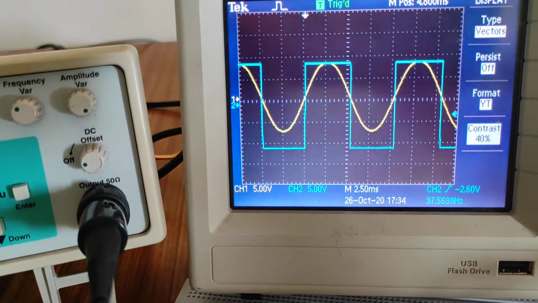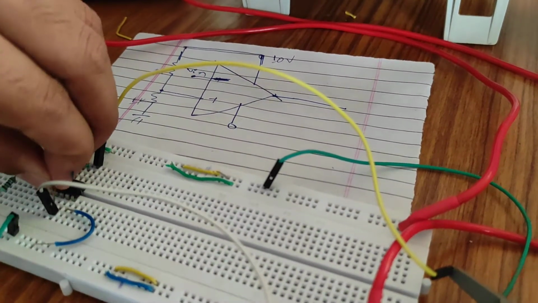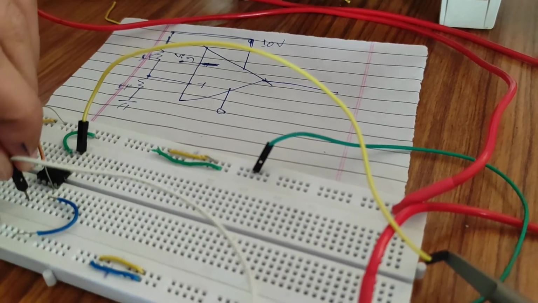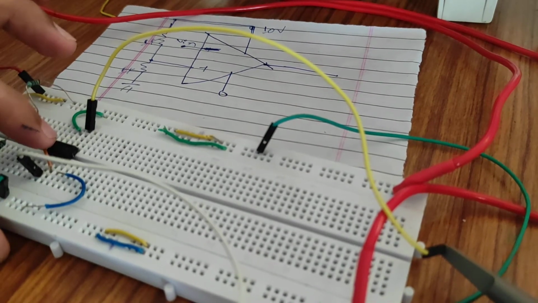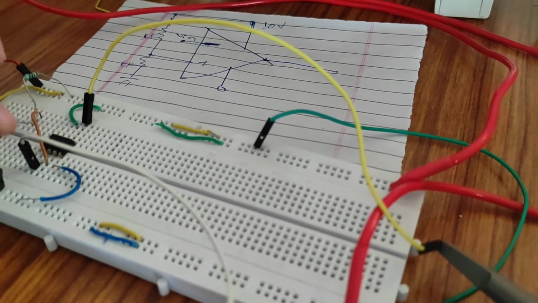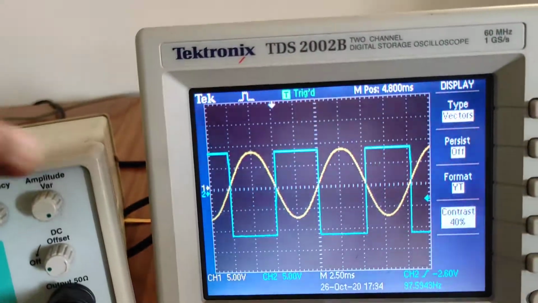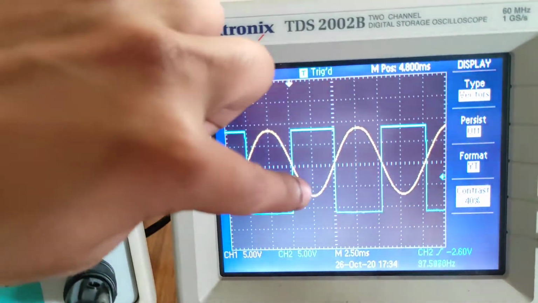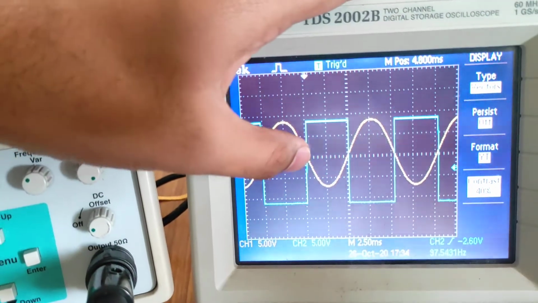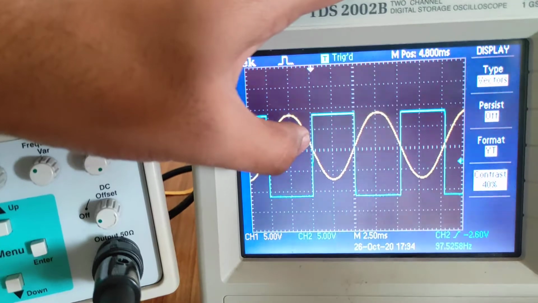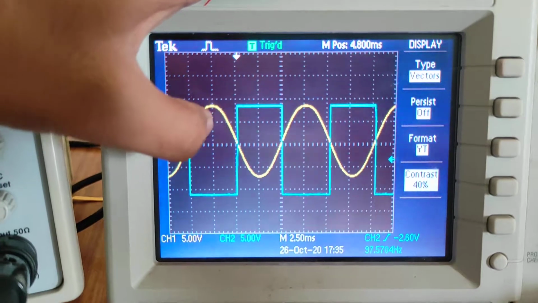Now, if I change the supply and connect this point here, I am reversing it, making the non-inverting ZCD an inverting ZCD. For that I have grounded, and the input has been applied to terminal 2, and here I have grounded terminal 3. Now, whenever the input is positive, the output is minus V set, and whenever the input is negative, the output is plus V set. This happens around 150 microvolt, or around 0 only, so it is called a zero crossing detector, because around 0 it is showing all this. 150 microvolt has been considered around the 0.